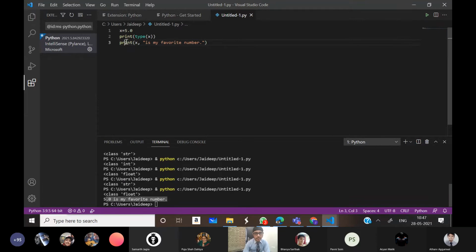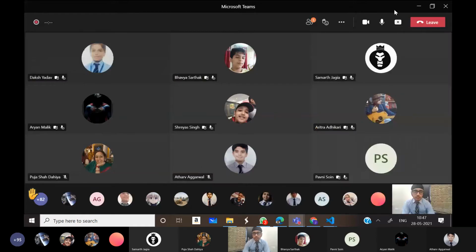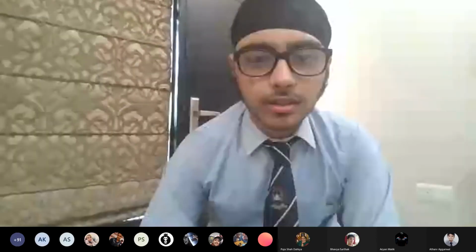You can see here we are saying x, which is 5, then a comma, then an apostrophe mark, and then is my favorite number. So is there any problem in all this code?